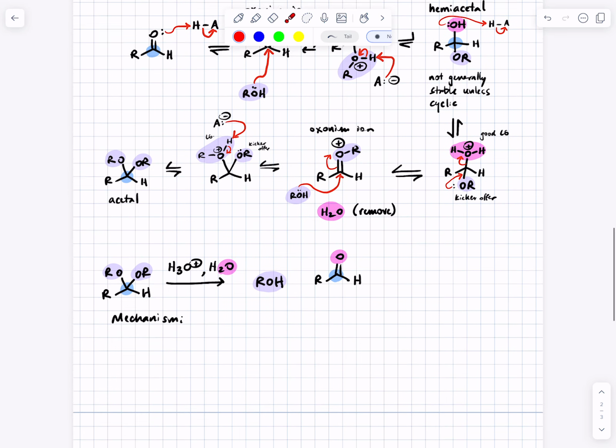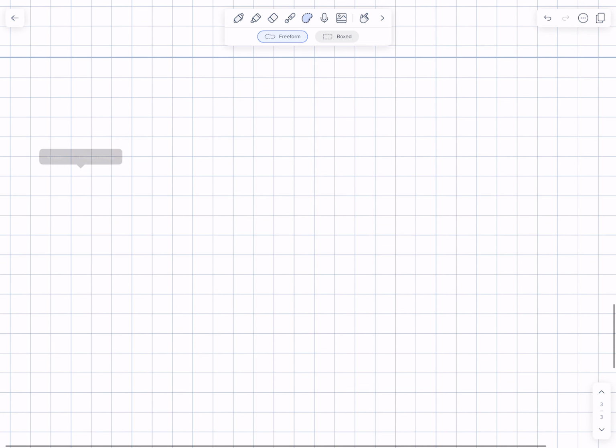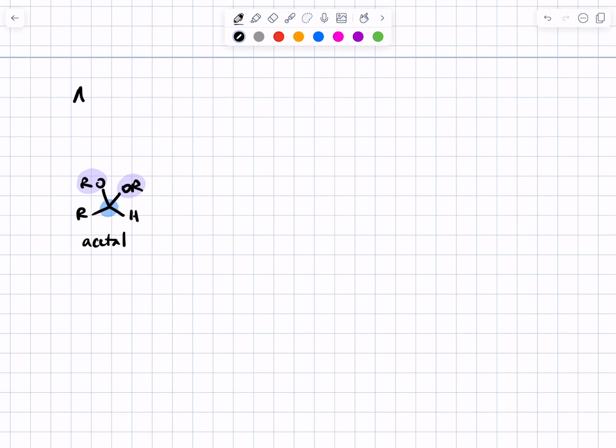All right, so that's forming an acetal. Now, interestingly, the acetal is a second example of a protecting group. You can actually use the acetal to protect aldehydes and ketones so that they are not reactive. And the reason that this works is if we just consider the acetal, PG stands for protecting group,